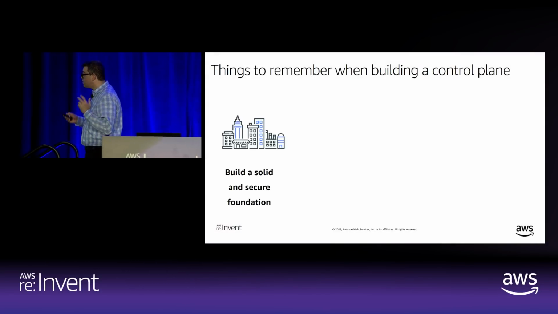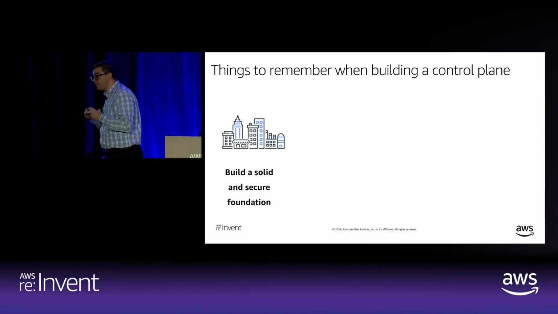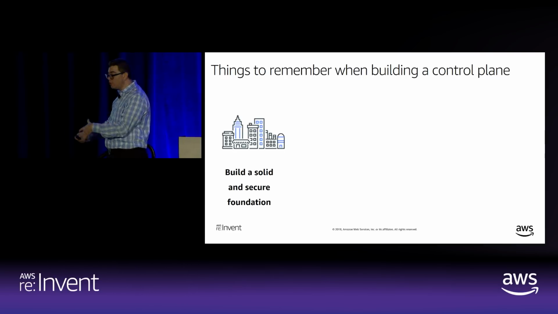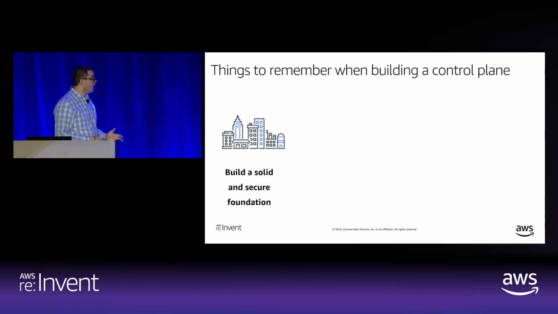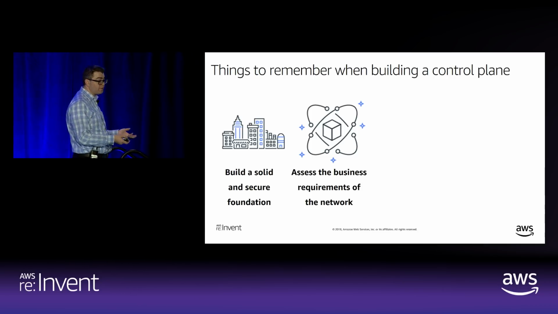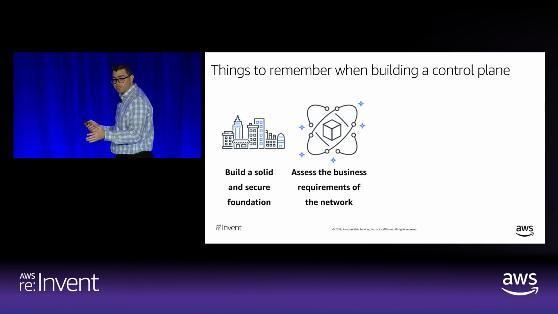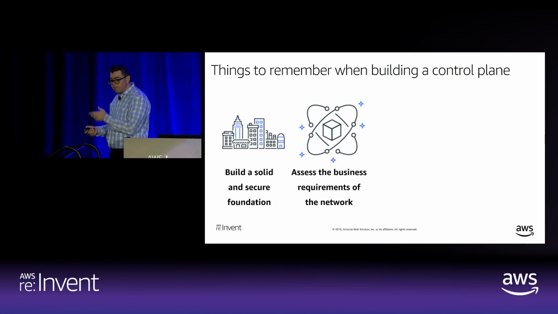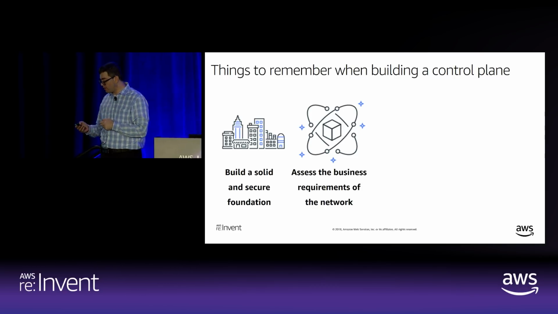So things to remember: try to build that secure foundation. Take a look at our new solution that we delivered for building that secure solution. It's called Control Tower. Control Tower allows you to do that AWS landing zone implementation that we discussed before, which Andy mentioned earlier today. Try to assess the business requirements of the network and potentially consider either a transit VPC with a VPC peering for inter-region peering, or maybe a transit gateway implementation, or maybe a Direct Connect gateway that allows you to do multiple region peering, if you want to deliver those customer workloads across multiple regions.